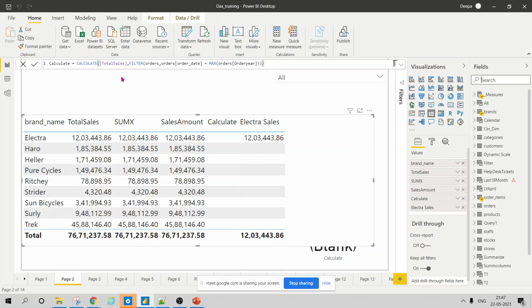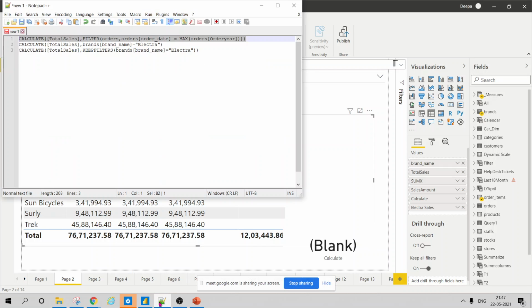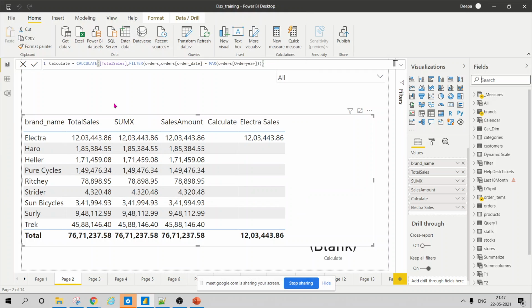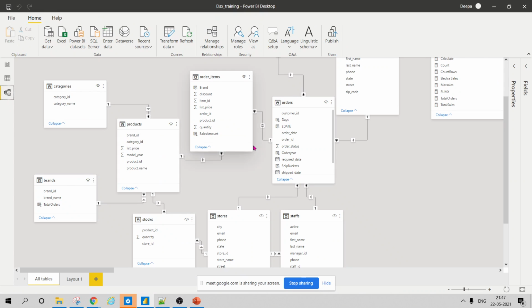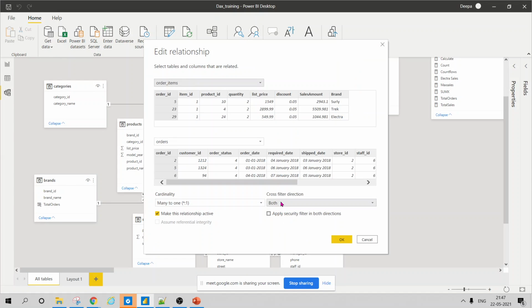I just want to get that value. So how do I get that? This is simple to apply. Let me first move this. I don't want this right now. When we require it, we'll do that.